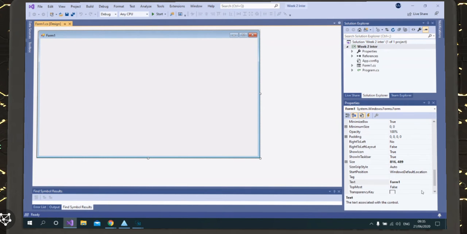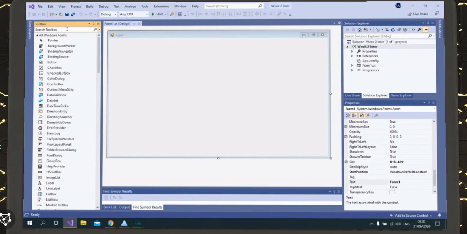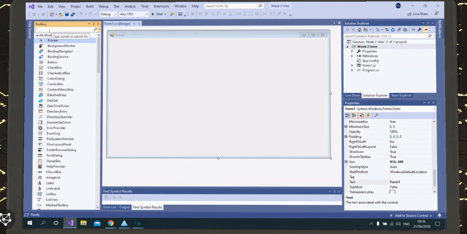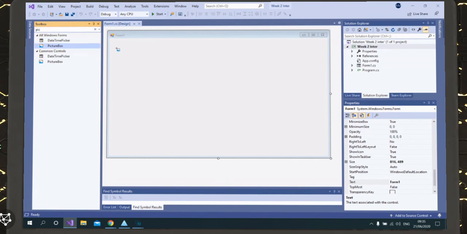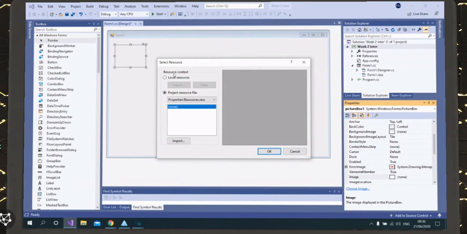I want to show you something new. I'm not sure if it's new for you, but anyway, you can create or add images. We will add some images today. We have the picture box. Picture box allows you to add an image, of course, as the name says. But the thing that I want to show you is that instead of adding the image from here, you can add